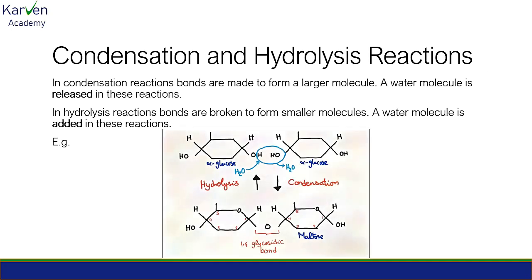here are two alpha glucose molecules, and these two alpha glucose molecules make the disaccharide maltose. Disaccharide meaning made up of two monosaccharides, and here they form a 1,4 glycosidic bond. There's the carbon 1 on this side here and the carbon 4 on this side, so 1,4 glycosidic bond. The water is made by the hydroxyl group on one of the alpha glucose and the hydrogen group on the other, and via a condensation reaction this disaccharide is made, and this disaccharide can be broken down to the monosaccharide